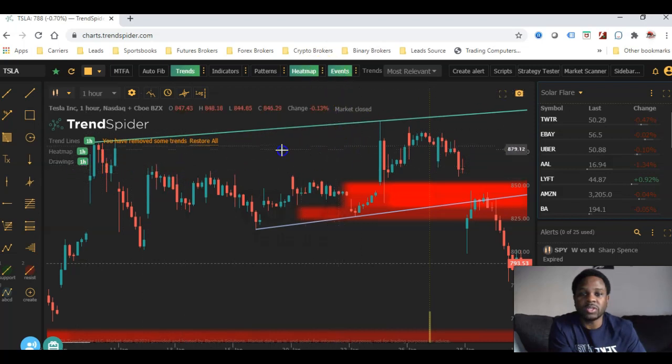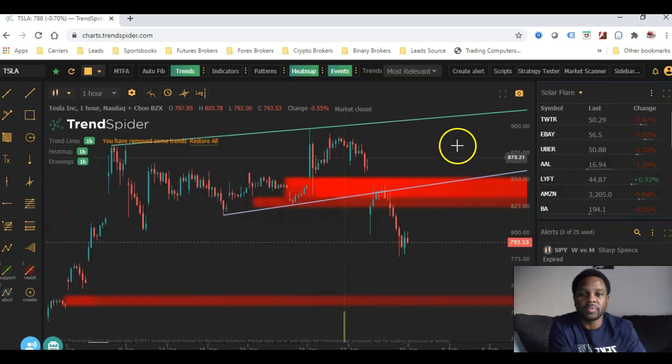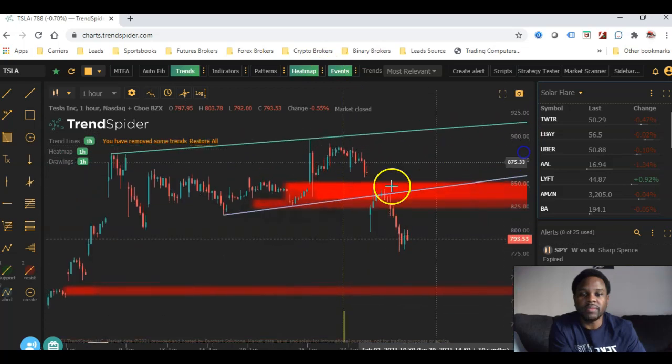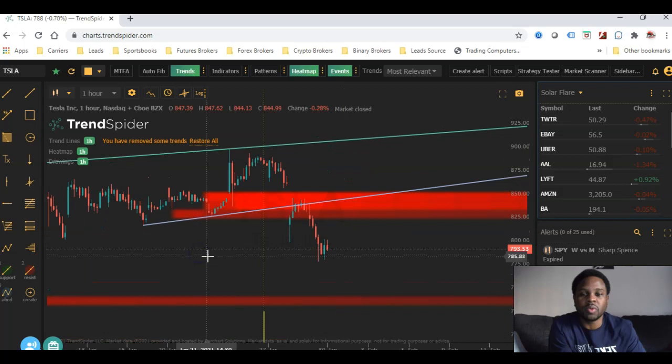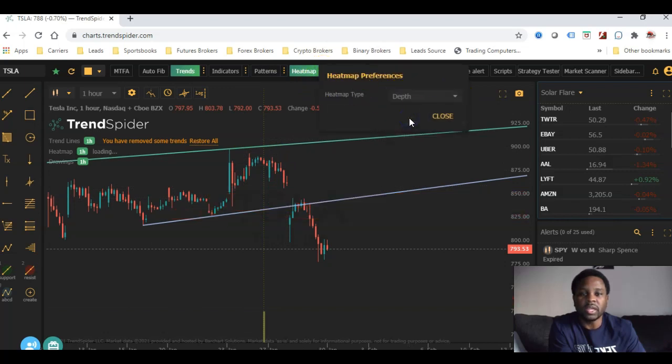Heat map is what you see right here in the red, and that's pretty much like your support and your resistance. The darker the red in this zone simply tells me that we had more touches at this point on the chart. The brighter the red, the stronger the resistance zone or support zone, and you can switch it up. I'm looking at a horizontal. You can do a depth of market